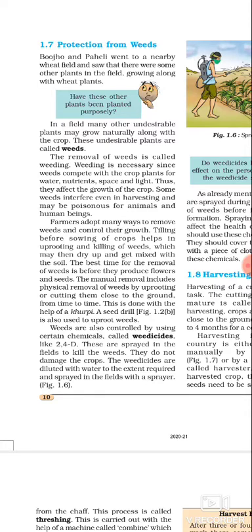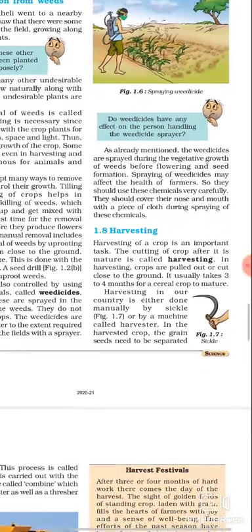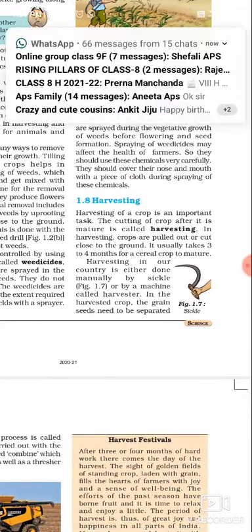Okay, so do you think it is important to cut the weeds? Yes, because these weeds give us nothing. They give nothing as an output, but they only compete with the main crop for the water, nutrients, space and light that are important for the plants to grow. Now the last step is harvesting. Now the crop is fully matured.